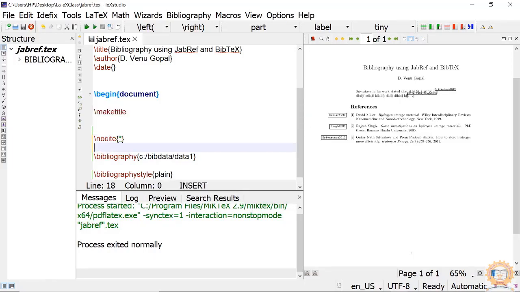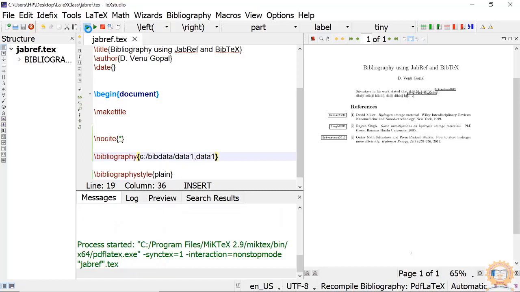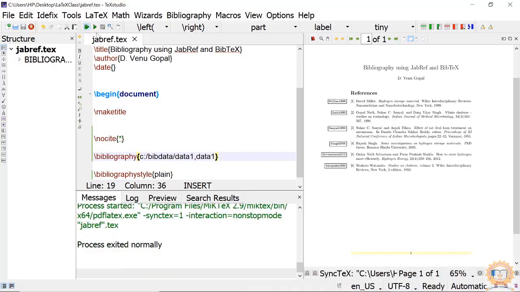I have another data. Okay, I put, without giving any path, data 1. So I have put it in the same folder where my this text file is there. So that data will also be taken out. See, I have others like this Sanyal, Singh, Srivastava, Watanabe. These things are from the other database. Without citing, nocite star means take all the data from the databases.